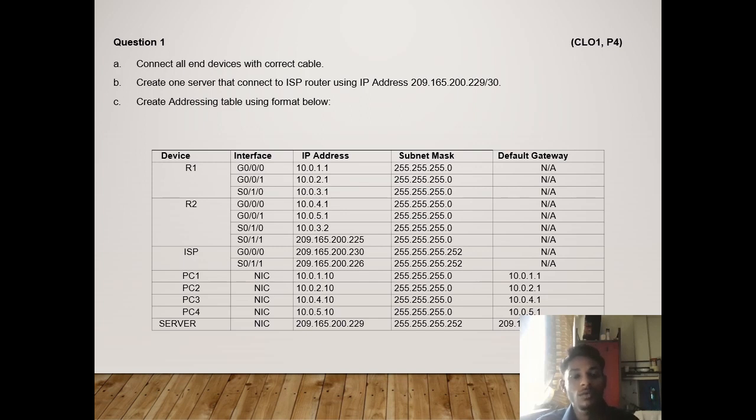So, device Router 1, interface Gigabit 0/0/0, IP address 10.0.1.1, subnet mask 255.255.255.0, and Gigabit 0/0/1, IP address 10.0.2.1, subnet mask 255.255.255.0, and the serial port 0/1/0, IP address 10.0.3.1,